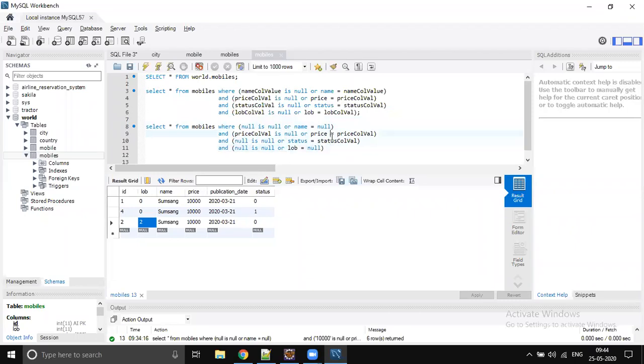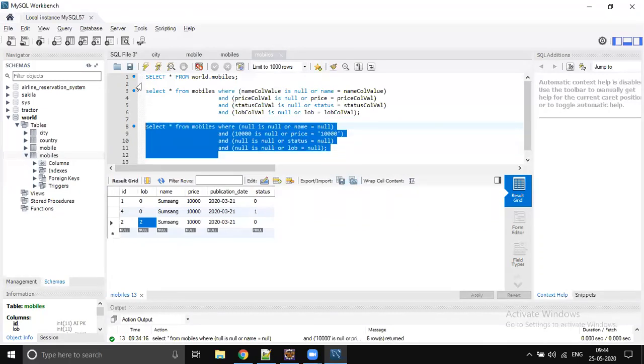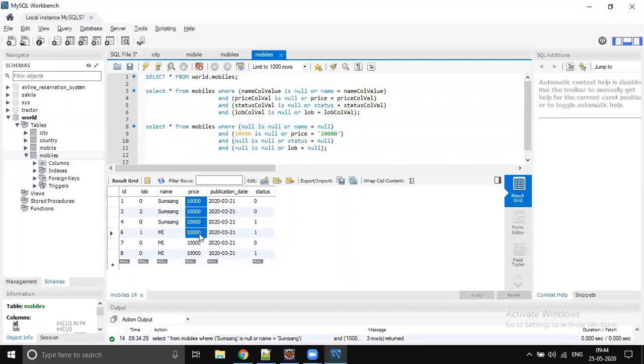Most people do this whenever they want to apply this kind of optional column feature. So we send only 10,000 for price. The 10,000 will be populated here, and this is going to give the results: the mobile price where the mobile price is 10,000.